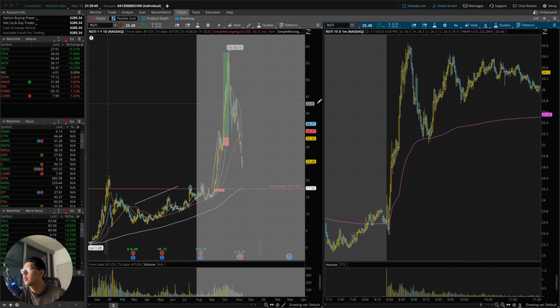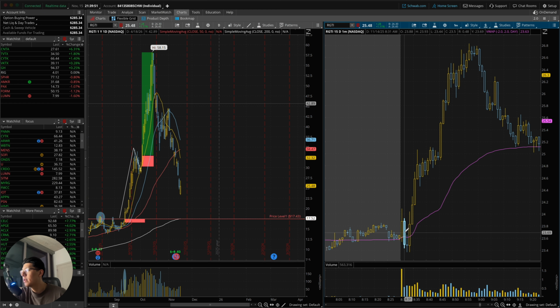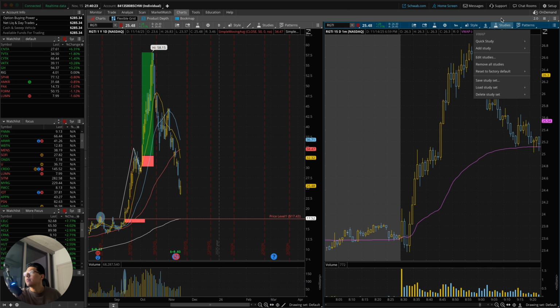So whenever I'm trying to enter a stock, if the stock opens up pretty much on top of the VWAP, I just know that we're gonna be in an uptrend. If we open up under the VWAP, I know that we're gonna be in a downtrend. But mind you, this doesn't work 100% of the time. It's kind of like me gauging the market and taking some precautions before I enter, and it helps me out. My true indicators, which are not indicators, are just volume and price action. That's it.